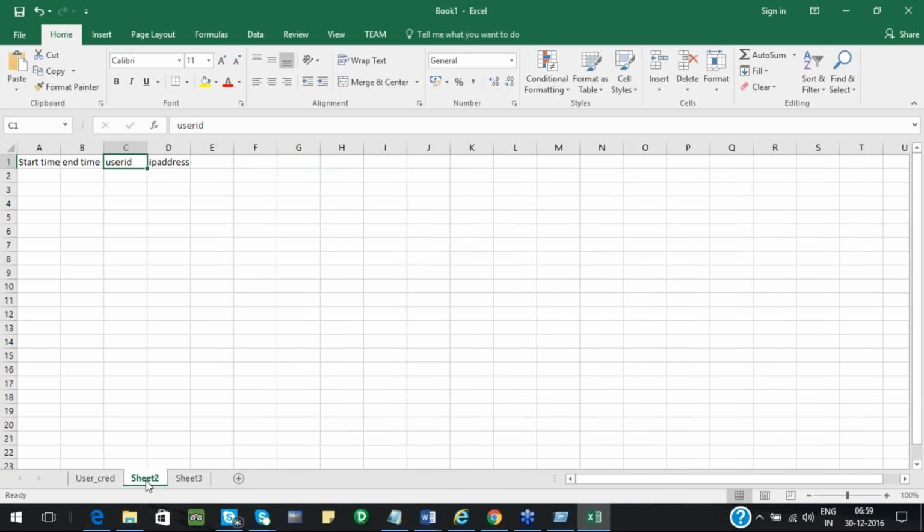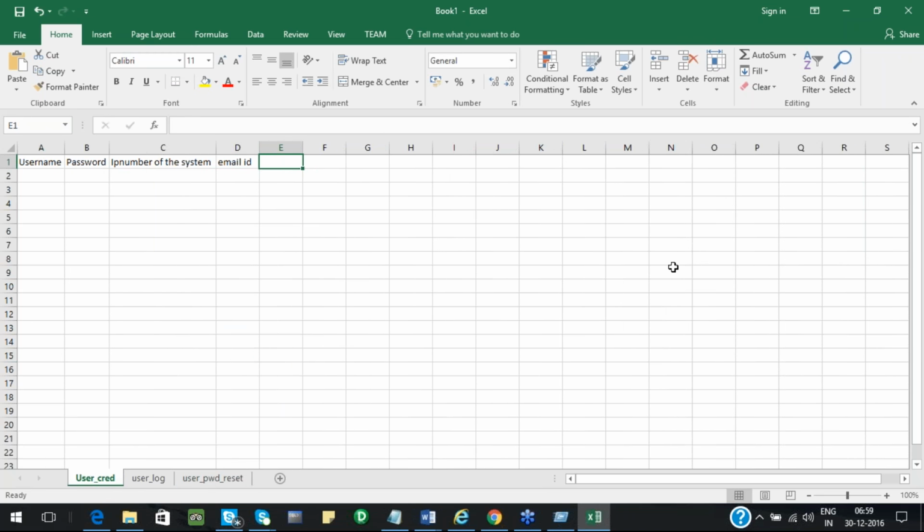Sheet 2, this is about the login details, so rename it as user underscore log. Sheet 3 as user underscore pwd underscore reset, right? So that's how the naming conventions should also change.